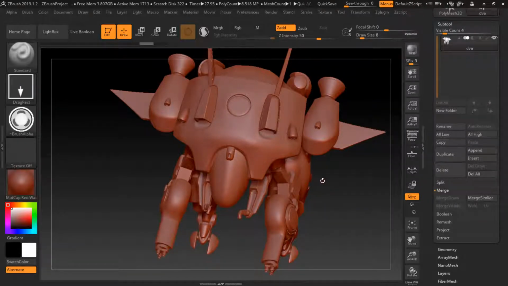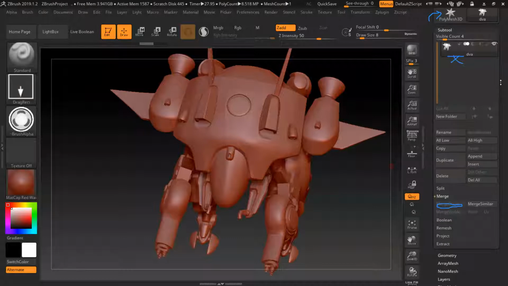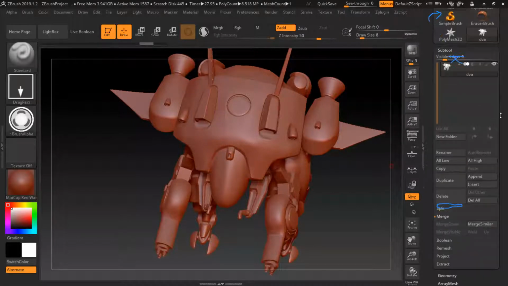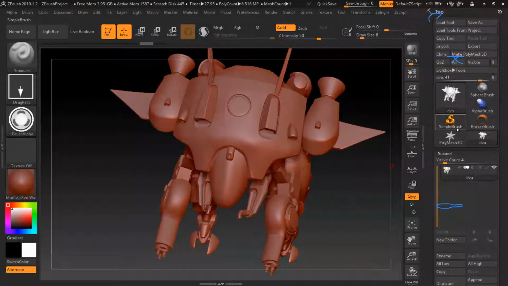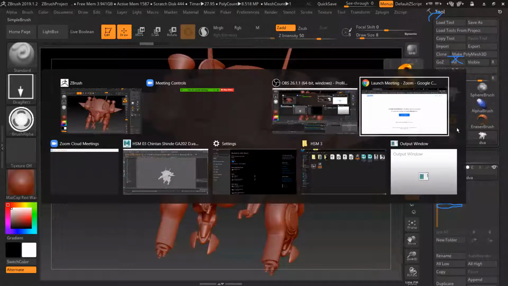It will create a completely separate model, and it will appear in the top here. Then you can simply click that model, decimate it and export to Maya. Okay, sir.